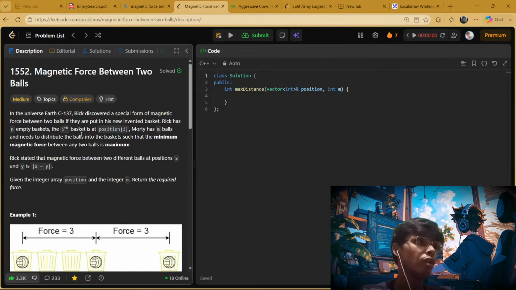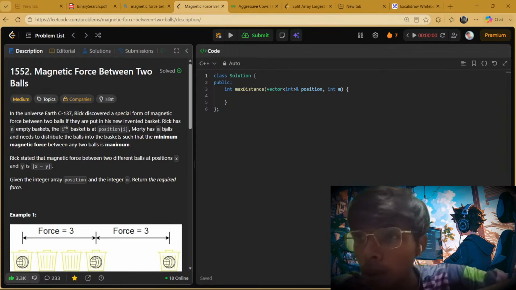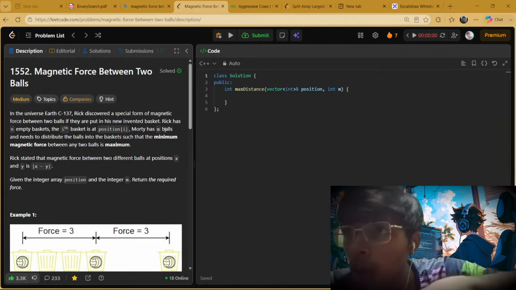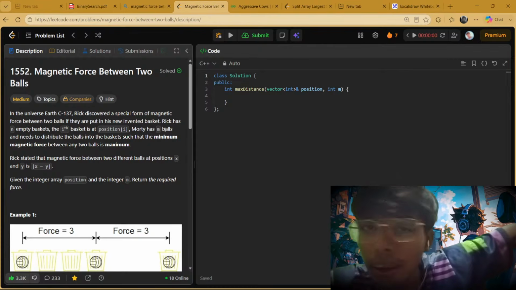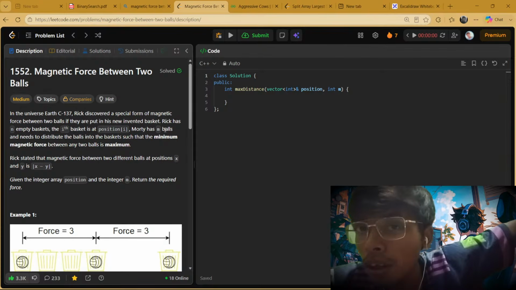force between two balls. If they are put in a new invented basket, कैमरा थोड़ा बड़ा वाइट मोड देख पा रहा हूँ कैमरा बड़ा कर लो भाई मैं मोड देख